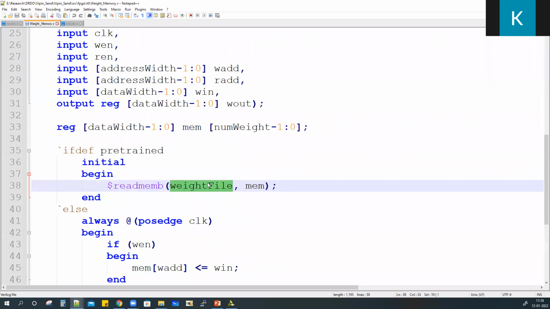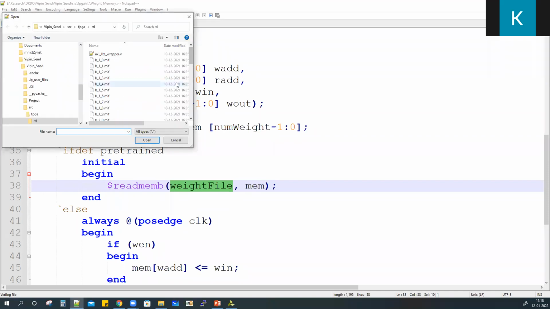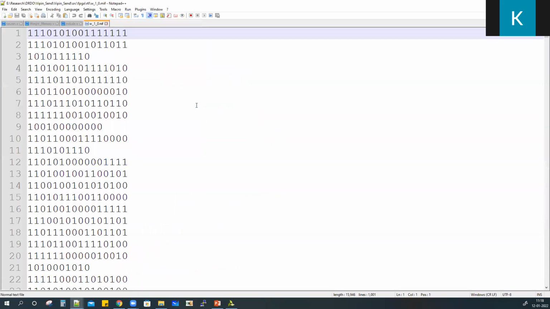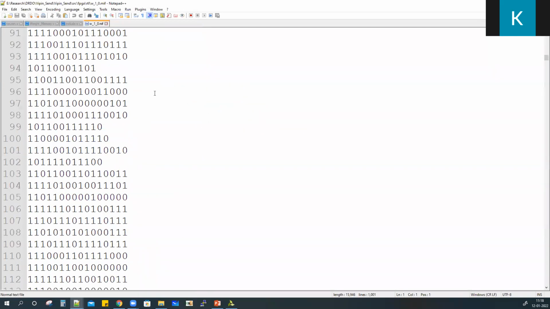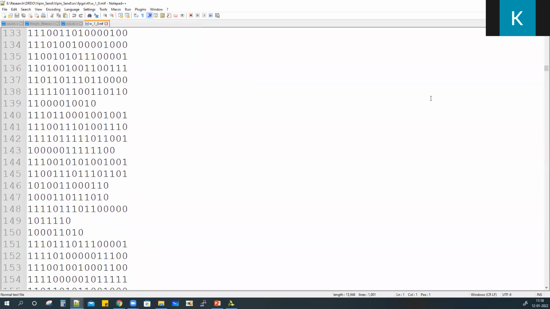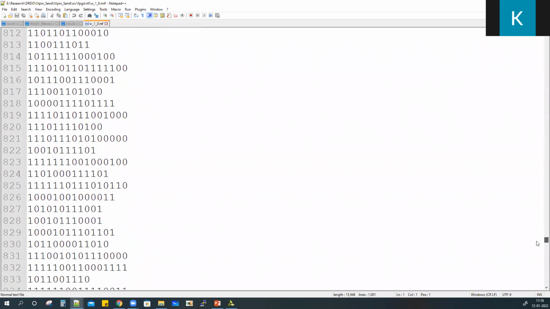The pre-trained weight values will be coming from something called a weight file, and each neuron will have a unique weight file. How to generate it, again, I will show in the afternoon. It will look something like this. This is using 16-bit fixed-point representation for the weights.